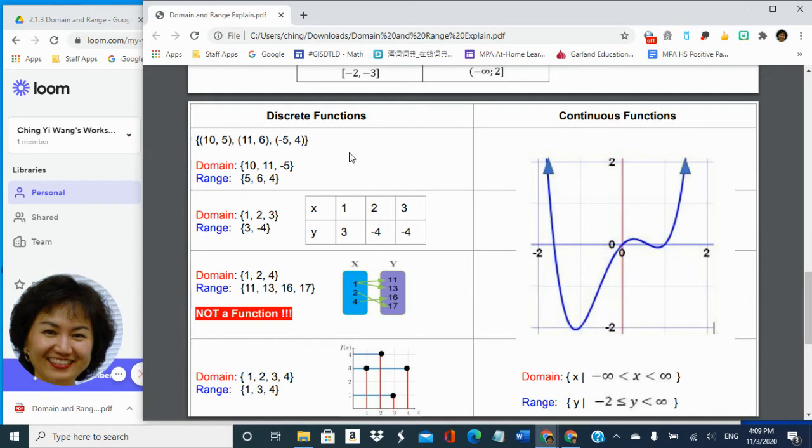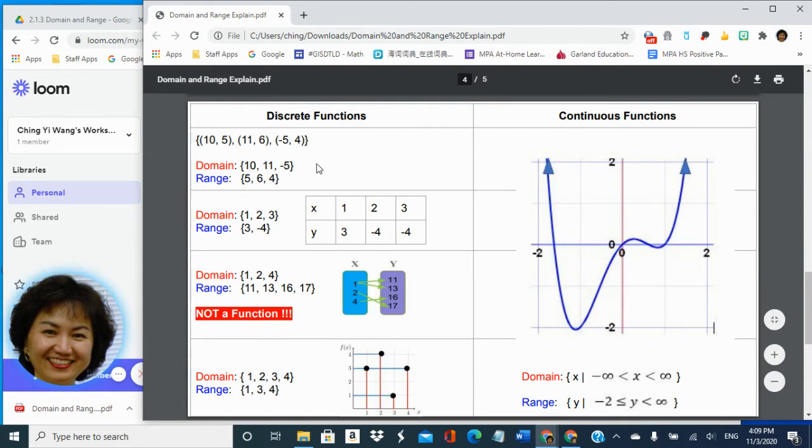We have learned there are 4 different ways to represent a function. So here are these 4 different ways to represent this discrete function, and we are learning how to say their domain and range. If the function is in a set of points, domain is all these x's, range is all these y's. Make sure those points are written in a set symbol. This is the set symbol. This is big curly braces.